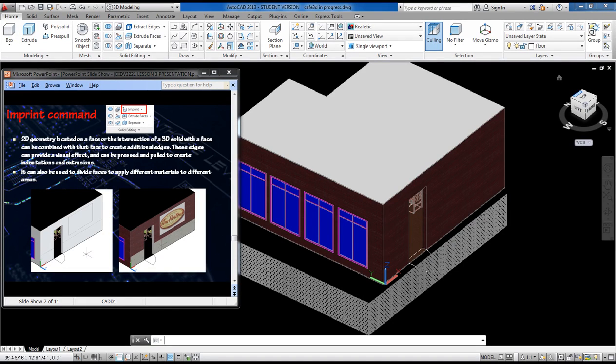The next command that I want to show you is the imprint command. Now, we've already touched upon the imprint command in CADD4. If you recall, the imprint command enabled you to divide a face into multiple faces. Nice thing again about the imprint command, not only in 3D modeling aspects, but also in rendering aspects, is that